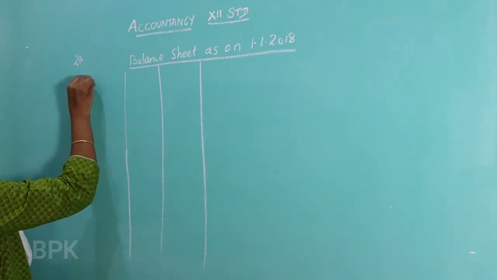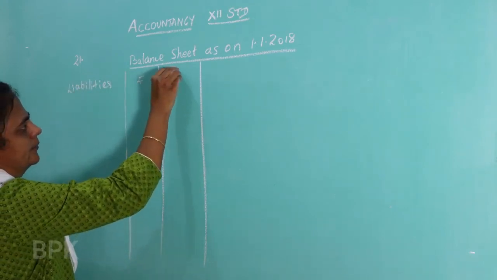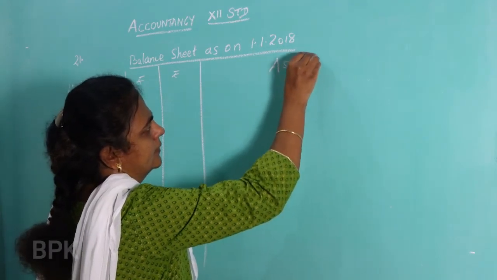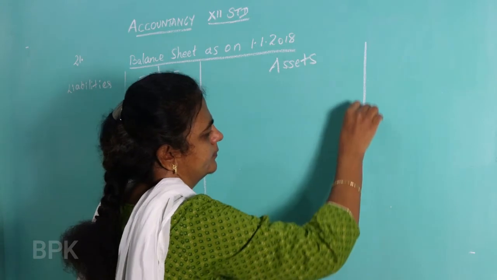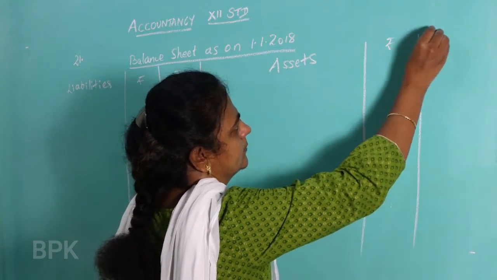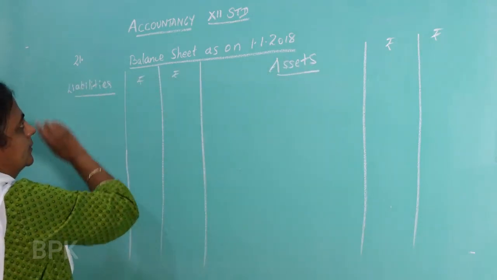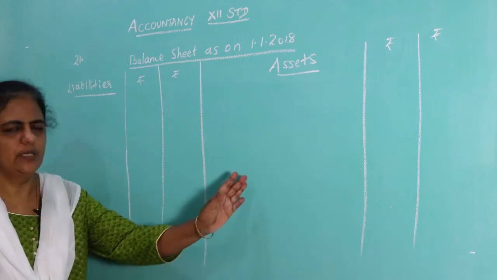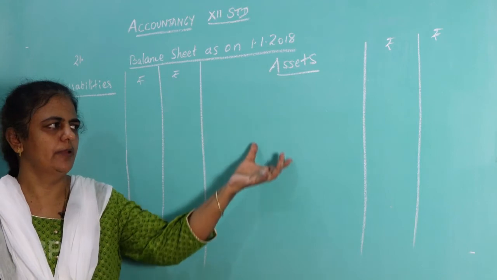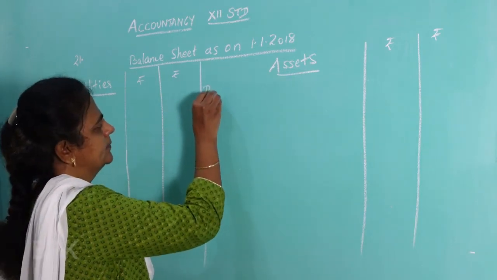Liabilities, rupees, assets, rupees. Okay, now we'll go from the asset side. So you see the question, you see the balance sheet, we'll post one by one. Okay, first premises,